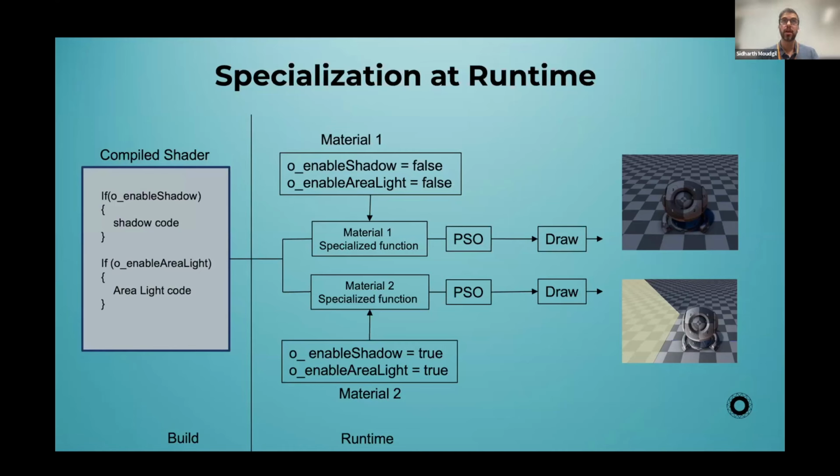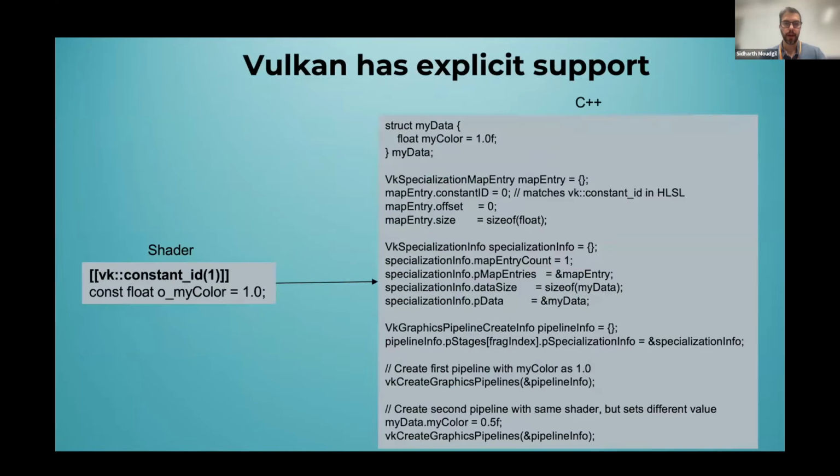Now, there is a catch. The catch is that your compile time may increase a little bit. It varies from driver to driver. And another catch is that for console, the manufacturers don't like this approach. So they actually say it's a TRC violation. So if you're working on Xbox and PS5, you would have to go back to using shader variants. So the renderer supports both. So depending on your use case, you can pick the approach that you want to pick.